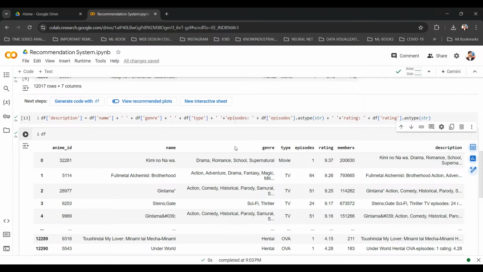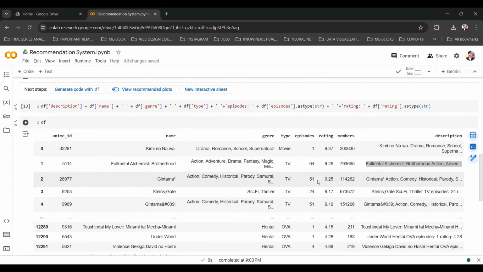Okay, so we'll match the sentence that we have given the system, or our question, like, I want to watch a horror movie. We'll compare that sentence with the descriptions of these movies. Okay, so any movie that has a matching description to horror movies, or whatever query we have given, those are the movies we need to recommend.